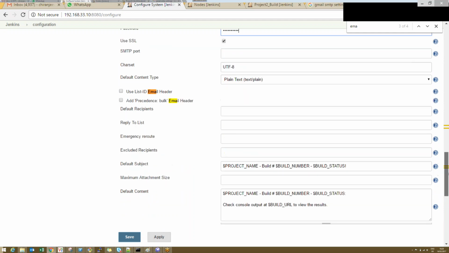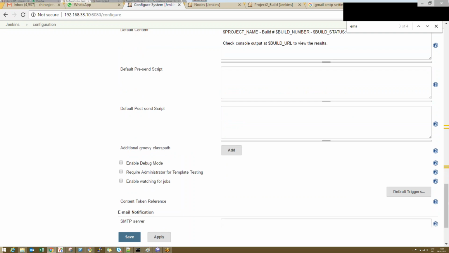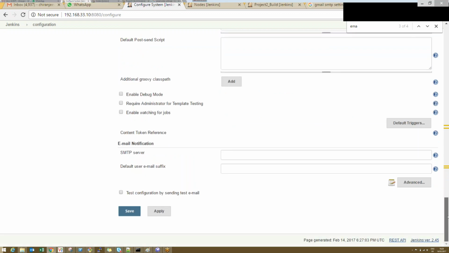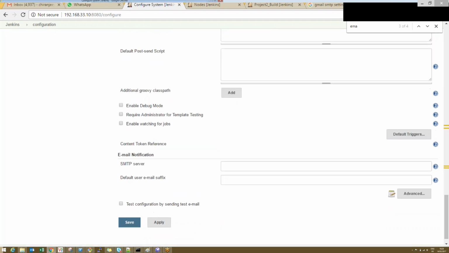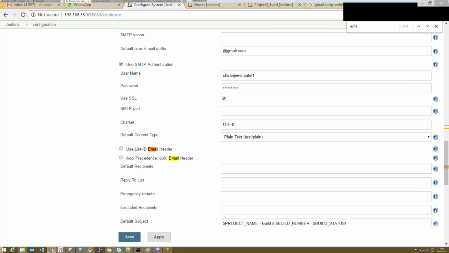We can test that by sending a test email. It should be there. Oops, running in a wrong one. I think not here, guys. All this should go at the down. SMTP notification server, default SMTP, gmail.com. Remove from here. This is not the